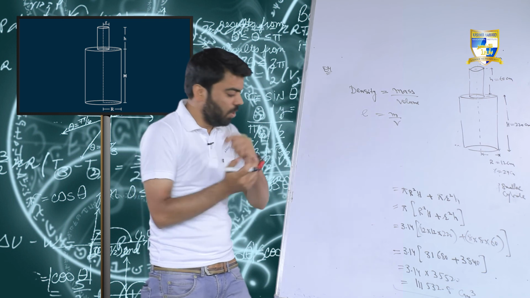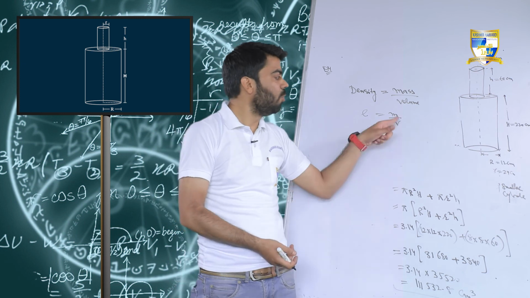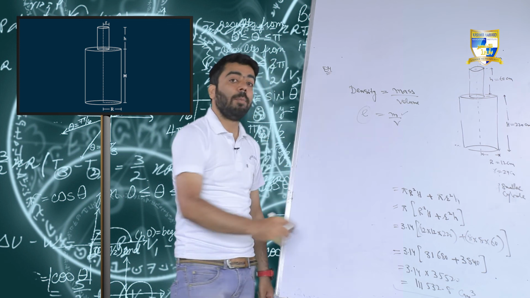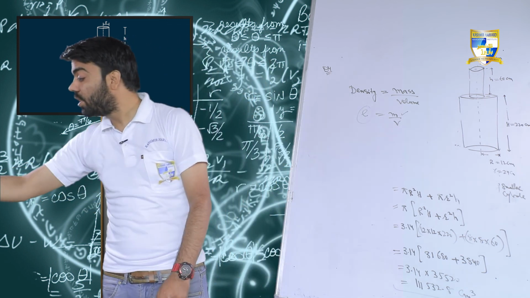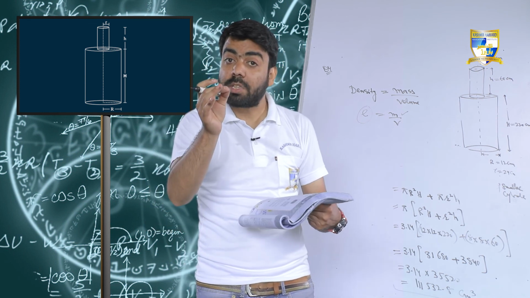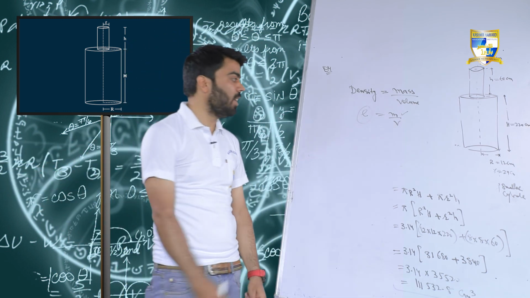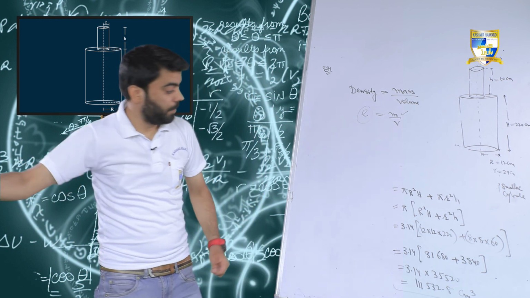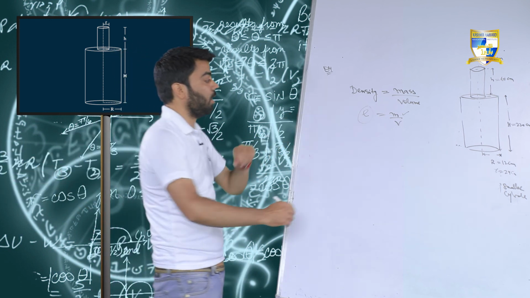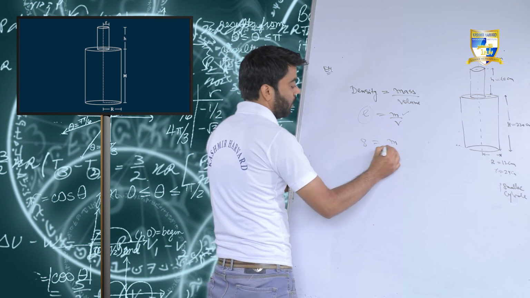What did we get here? We got the volume, 111532.8, right? We have to find the mass. Then we must know the density. But what does the question say? The question says 1 centimeter cube of iron has approximately 8 gram of mass. That's the density which is given, right? So we can use it like this: 8 is the given mass divided by volume.